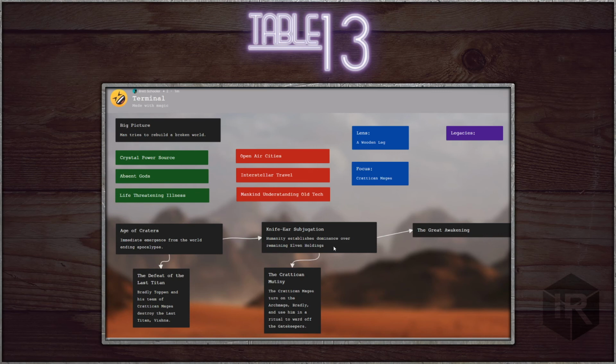The turn and how it works: if you are the lens, you determine a focus. Lens is just a silly word for the person whose turn it is. So Chiron chooses, what are you going to choose as your focus? The Kratikan mages. Okay, so he chooses the Kratikan mages as his focus.